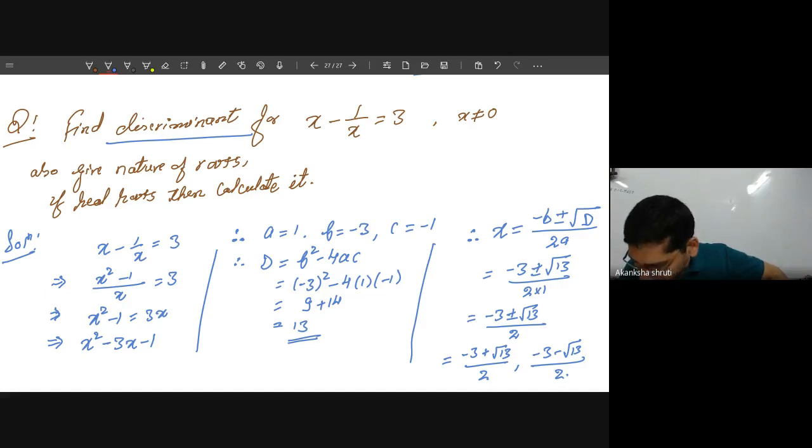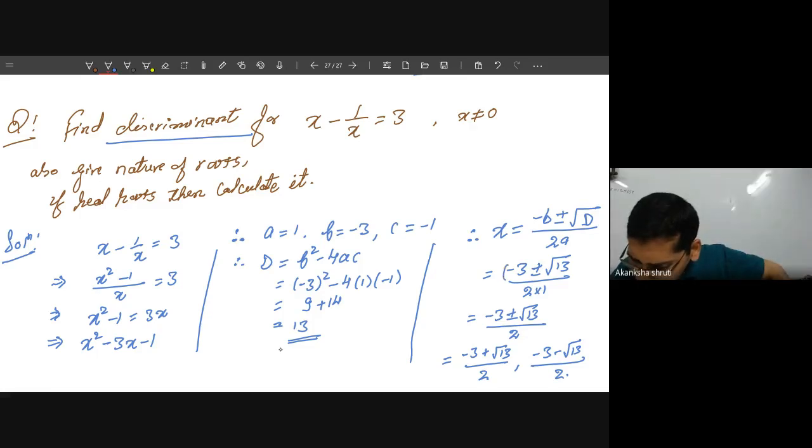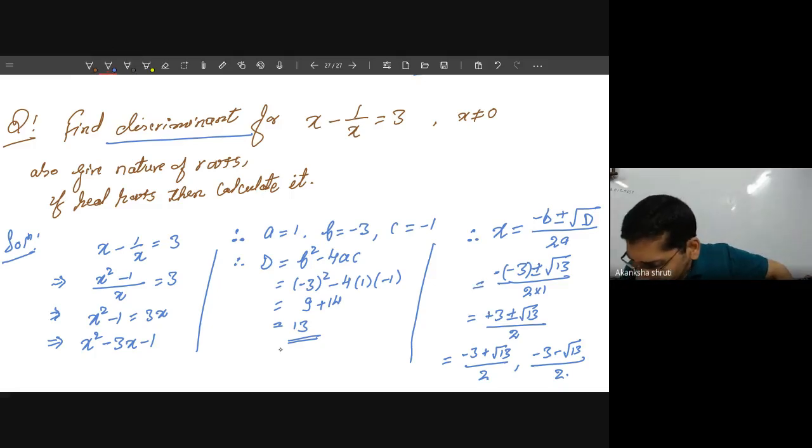Yes Lakshmi, what were you asking? I didn't get any error in this. Is there any error? Other students can indicate. B is equal to minus 3. Minus. Sorry. Exactly. I got it. So student, b was our minus 3. So one more minus we have to put before this. So it gets converted into this plus of 3. Very good. So this minus has to be removed. Okay, it is this one. So it is 3 plus under root of 13 by 2 and 3 minus under root of 13 by 2.